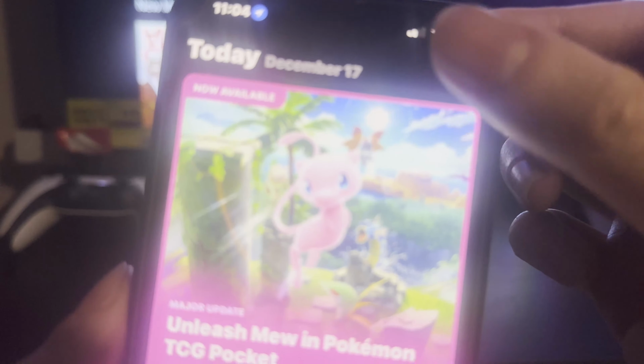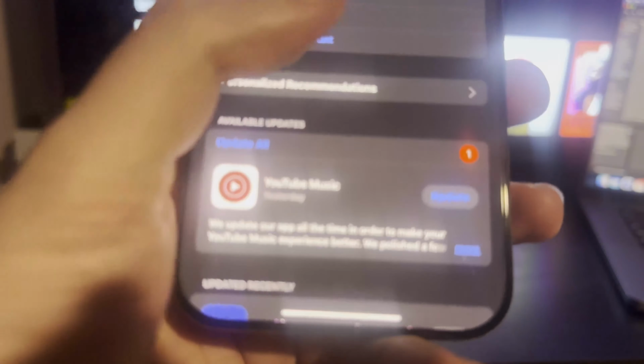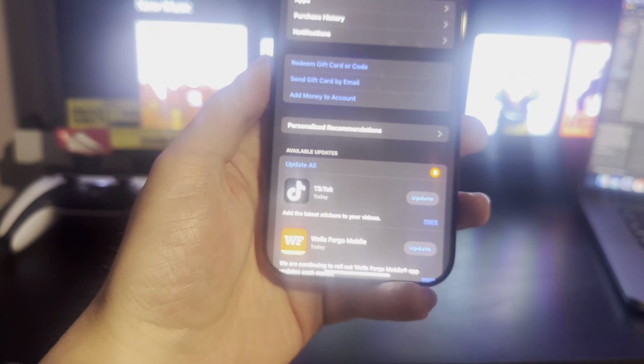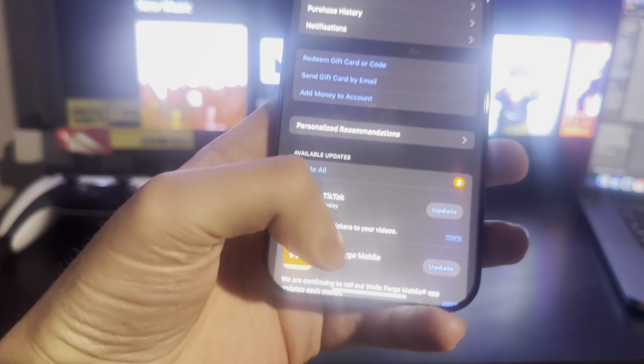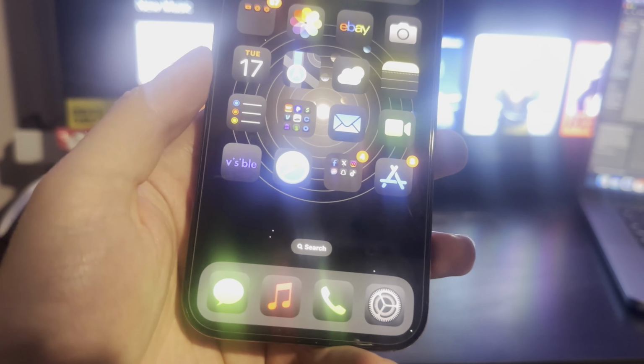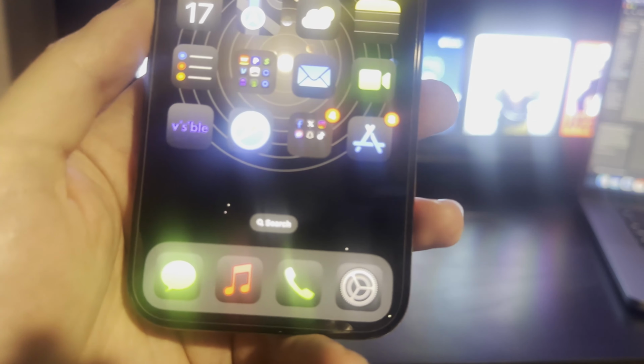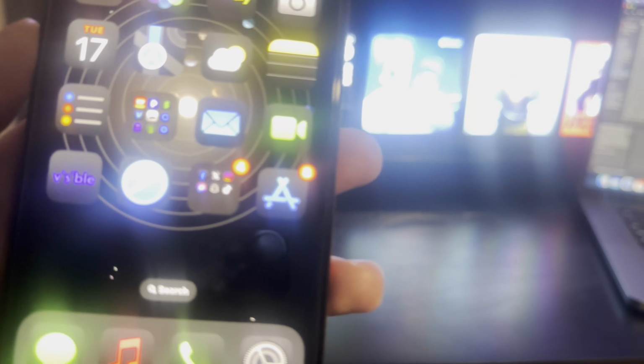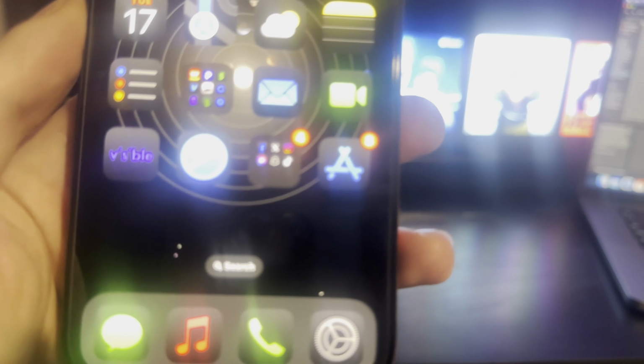So we're going to go ahead and start with updating all your applications. This is important because Apple changes some stuff in the background on iOS, so you want to make sure your apps are able to work with it without having any issues. So make sure you update your applications because they more than likely have changed with iOS 18.2 to better work with that update. Once you do that, then we're going to go to settings, then go to general,